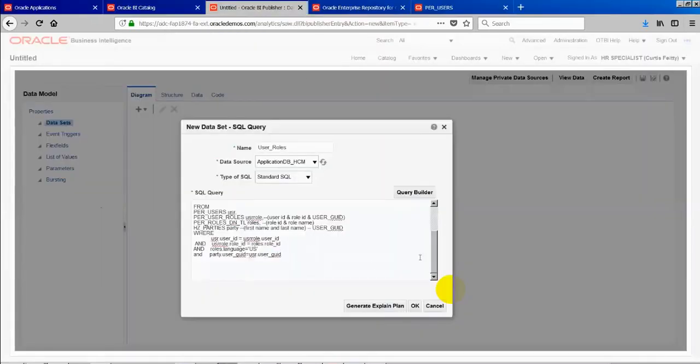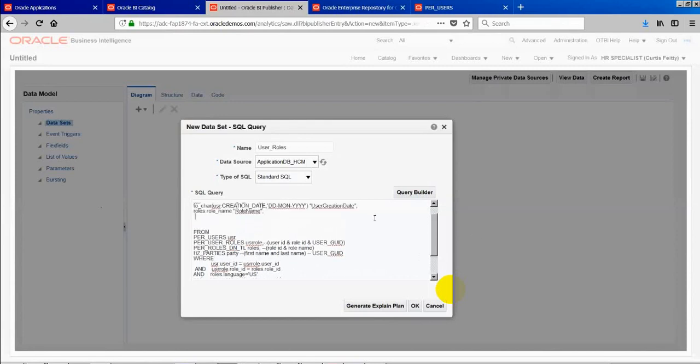So we have the role name, and then we should have the party dot person_first_name, party dot person_last_name.